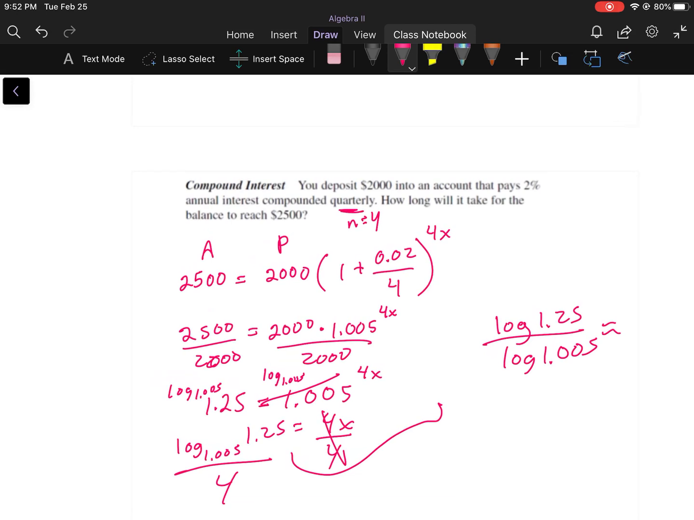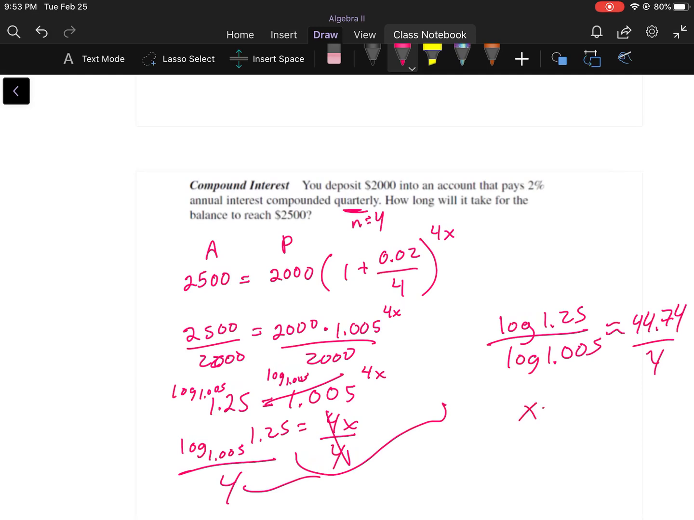Okay, so I got 44.7. Now remember that guy right there, so I'm going to divide that by 4. And I get x, or t, is about 11.18. So about 11 years and maybe a couple months. And that's how you use logs and solving for logs. So I hope that